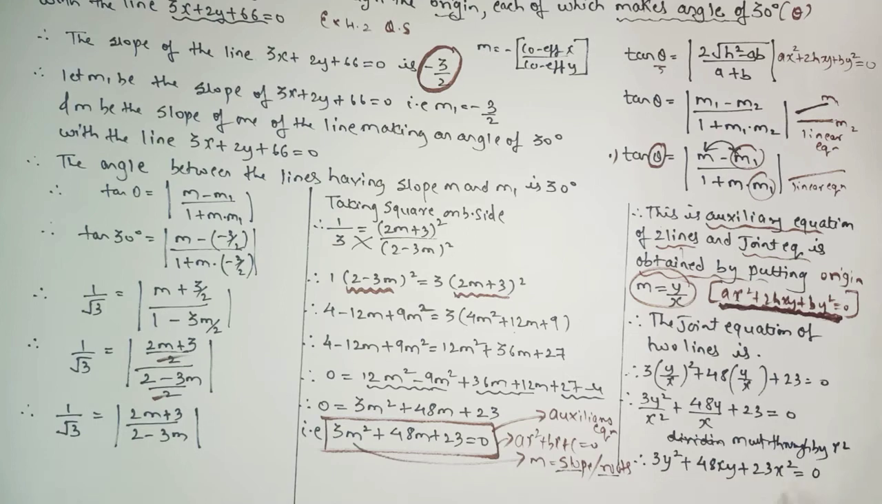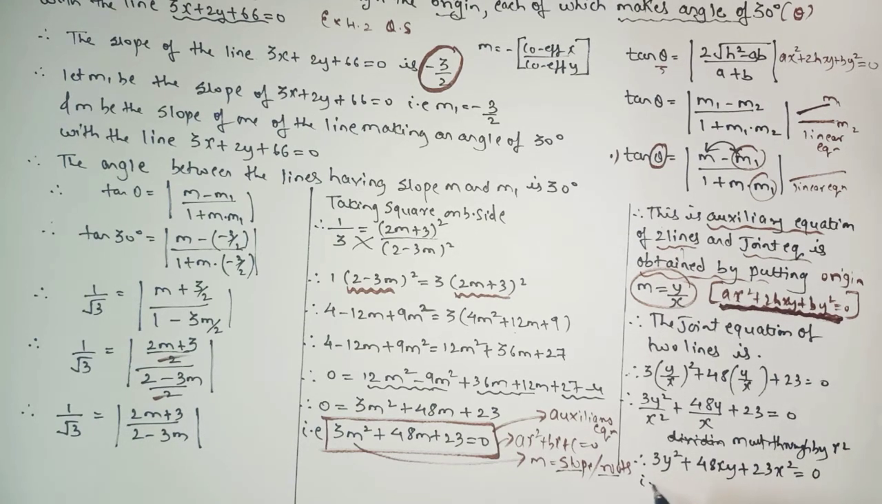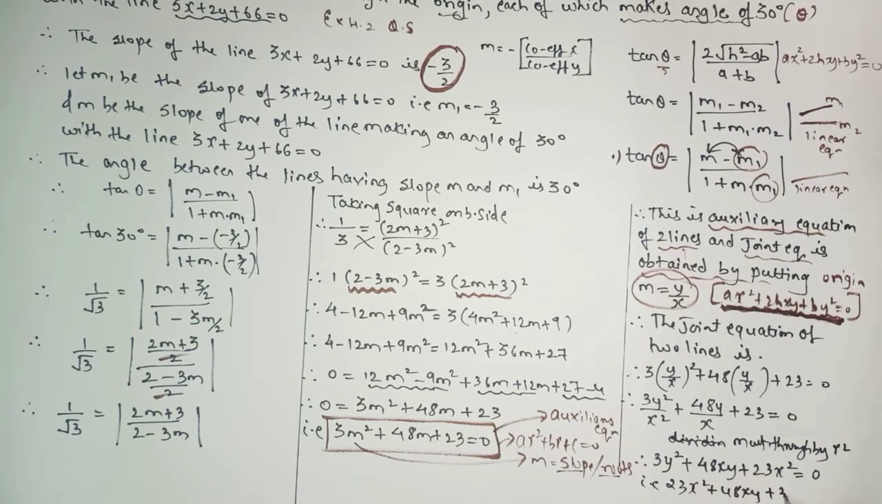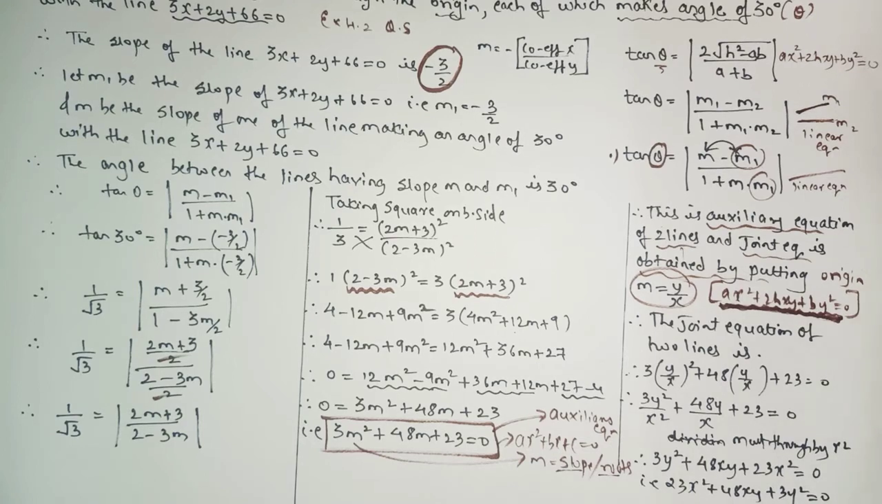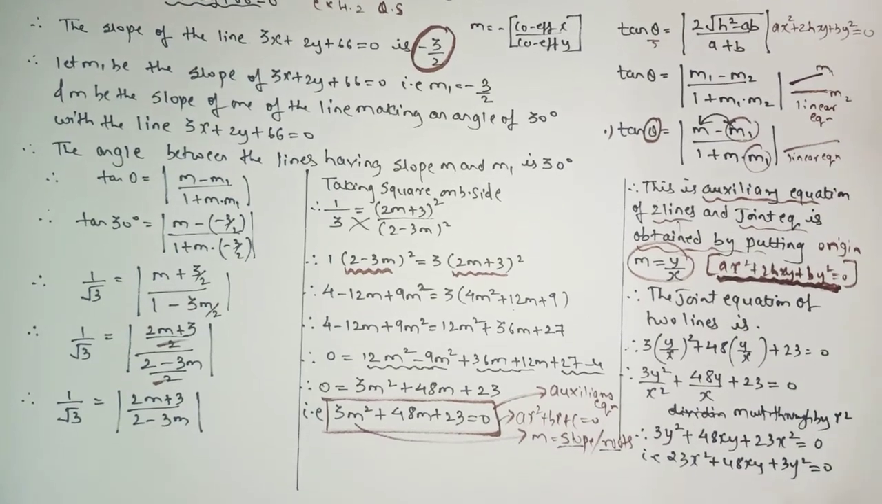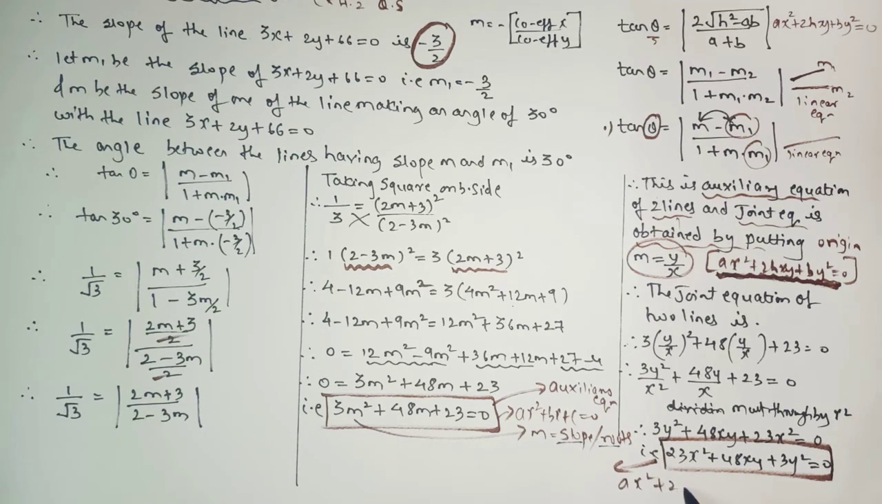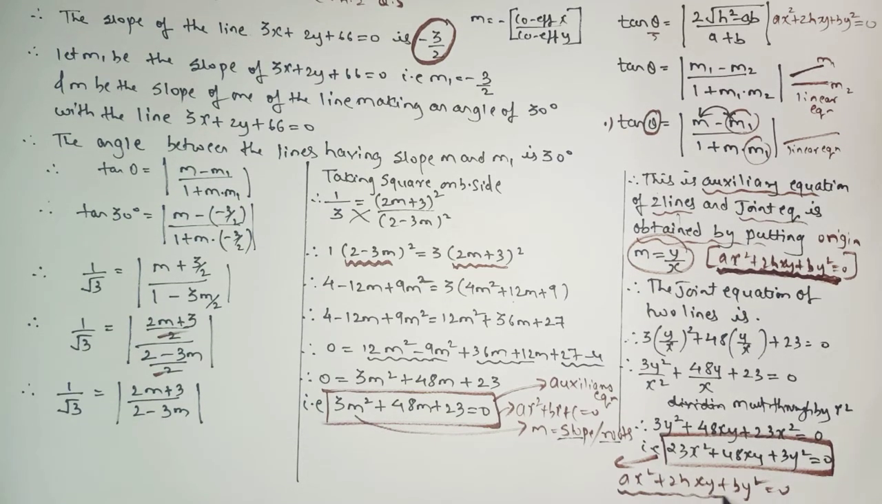This is known as what? So we can rewrite this equation as, first x, second xy, third y square. So clearly we can see that this equation is in the form of ax square plus 2hxy plus by square equals to 0. And when you get this equation,